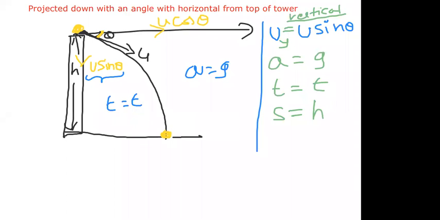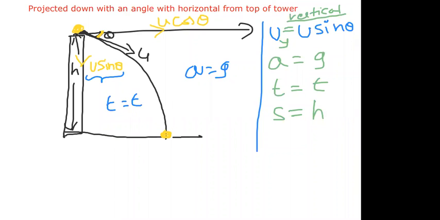So the shortest distance between the initial point and the final point means you have to take a straight line from here to here. No sir, why are you taking H? The answer is not about from here to here, which has a vertical height as well as a horizontal distance. But I am discussing H, the height of the tower. The height of the tower is discussed only in the vertical direction. Only in the vertical direction, S is equal to H.